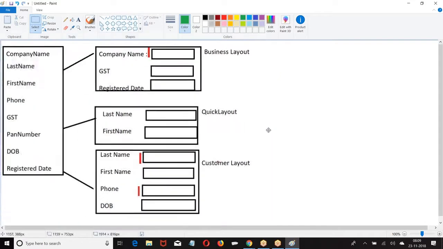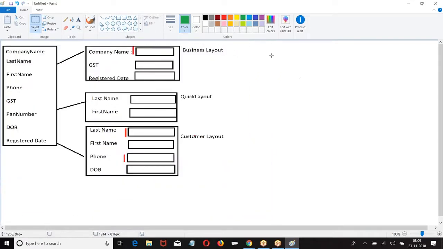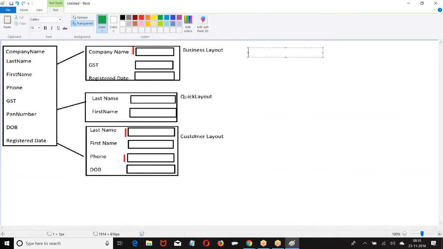So how many page layouts can I create? Multiple page layouts. Look at this. For the profiles, these are the three record types visible.